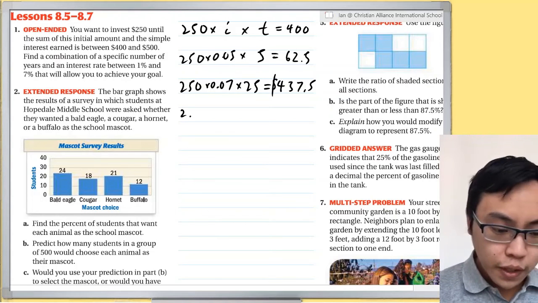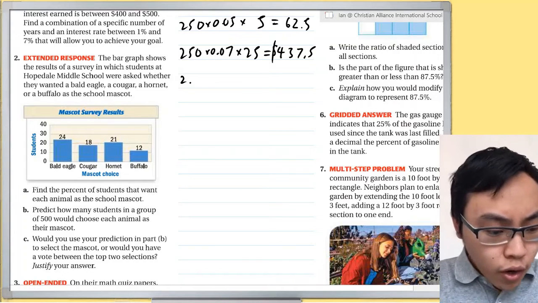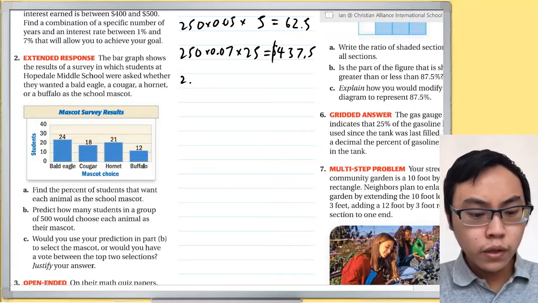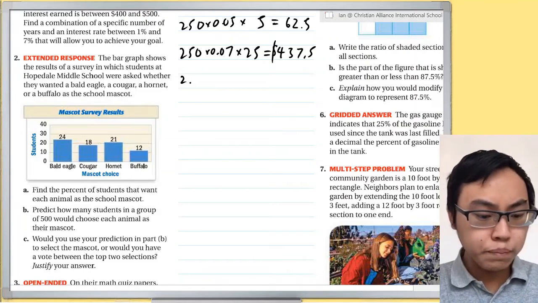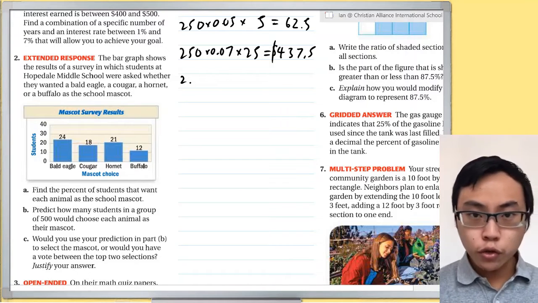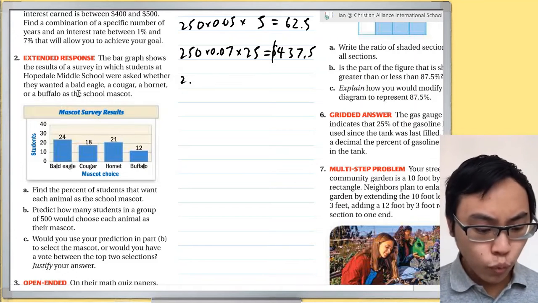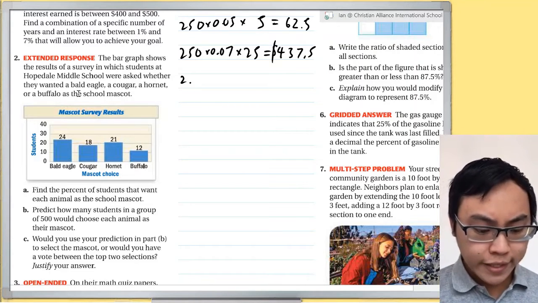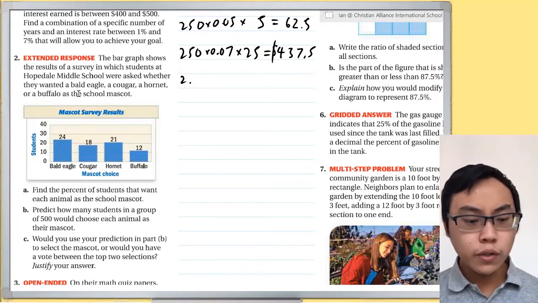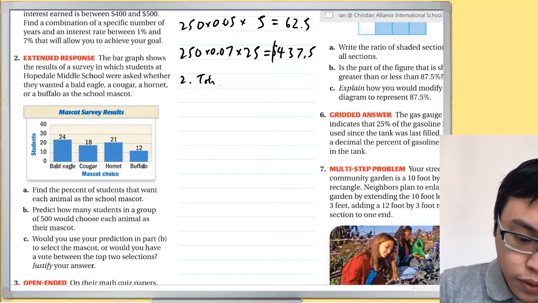Question 2. The bar graph shows the result of a survey in which students at Hopedale Middle School were asked whether they wanted a bald eagle, a cougar, a hornet, or a buffalo as the school mascot. These are the results shown over here. Find the percent of students that want each animal as a school mascot. So first of all, we want to know how many students were surveyed. So total students,